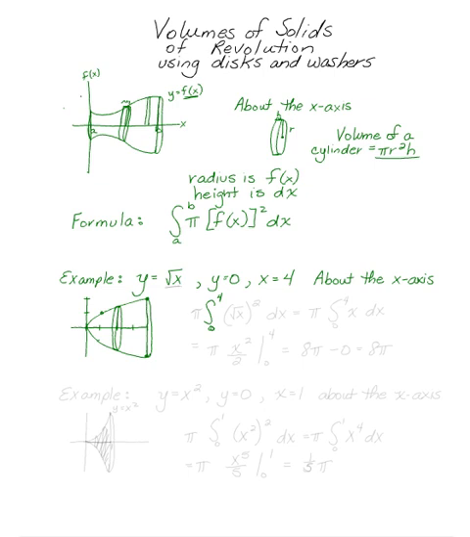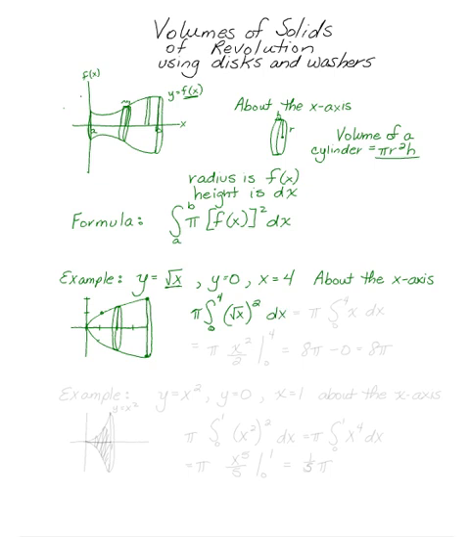We're going to have a pi. I'm going to put my pi in front of my integral because it is a constant, and we can do that. Going to need the function value squared. Now remember, our f of x in this problem, or our y value in this problem, is the square root of x. So I'm going to want the square root of x quantity squared,